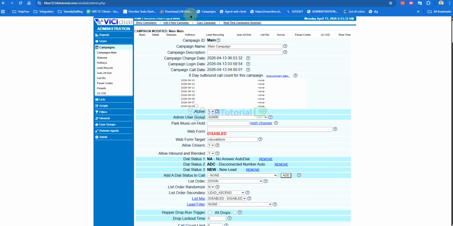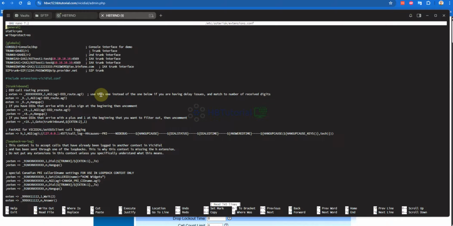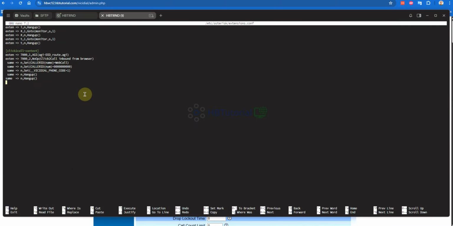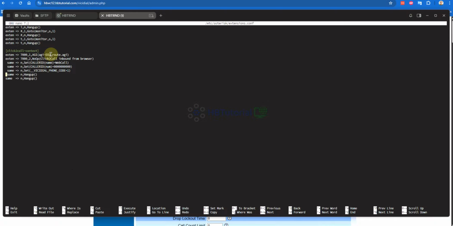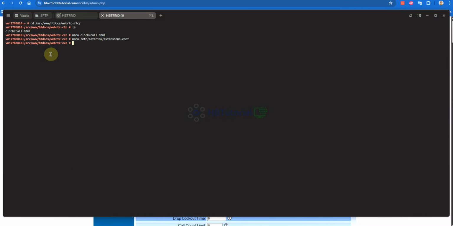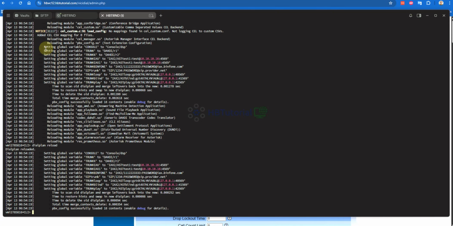Extension.com. So I need to configure here and replace this one.